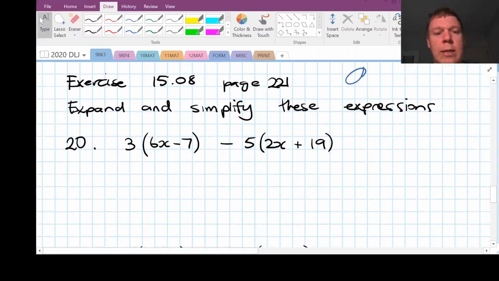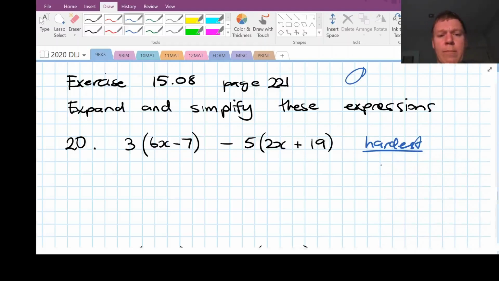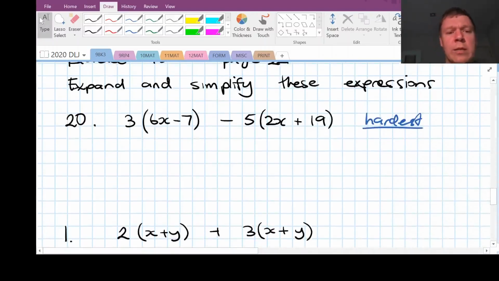In the first week of quarantine, I set you guys an exercise to have a go at home. And I had a lot of students send me photos of their work, and it looked like you'd all done it pretty well. But I know a few were having trouble with these. So this is the hardest question, 20. So we're going to learn how to do this by the end of the video. Okay. And to do this, all we need to know how to do is expand